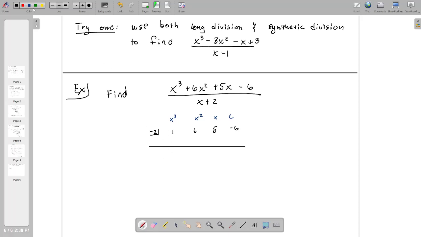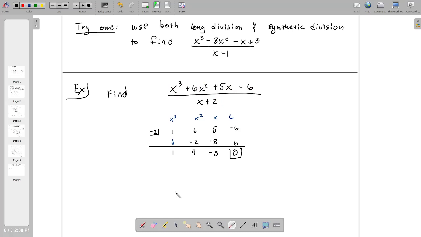So the 1 comes down. One times -2 is -2. 6 minus 2 is 4. 4 times -2 is -8. 5 minus 8 is -3. And -3 times -2 is 6. And -6 plus 6 is 0. Since we got a 0 remainder, what this means is that x plus 2 divides evenly into this polynomial,